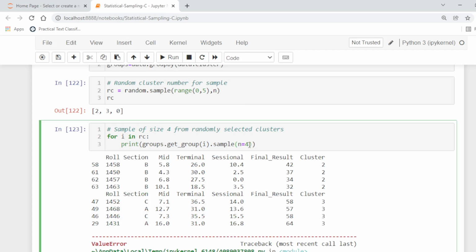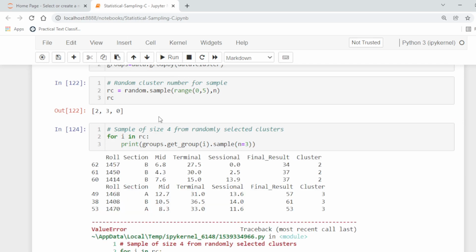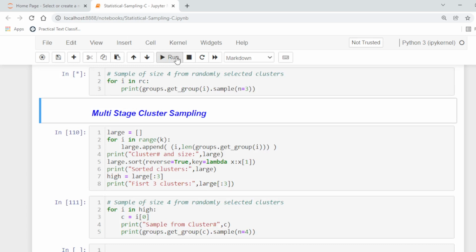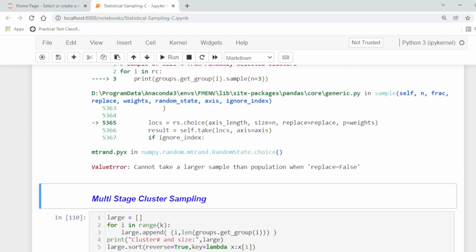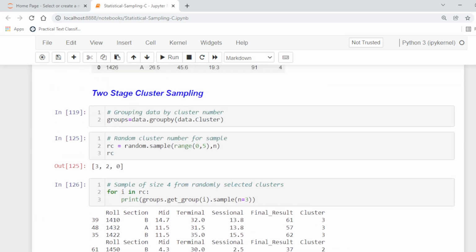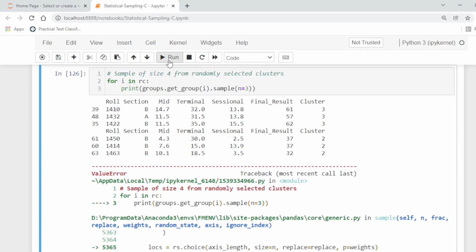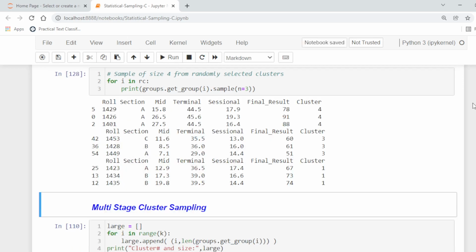Let's say 3. We get errors, because we cannot take a sample larger than the population. We run this again because some clusters have fewer than 3 members. Now this is okay.